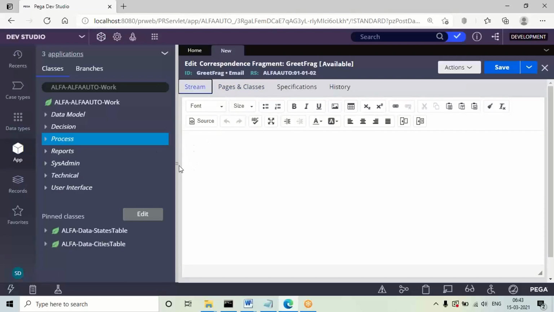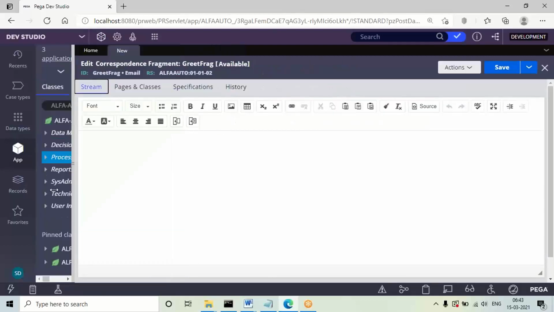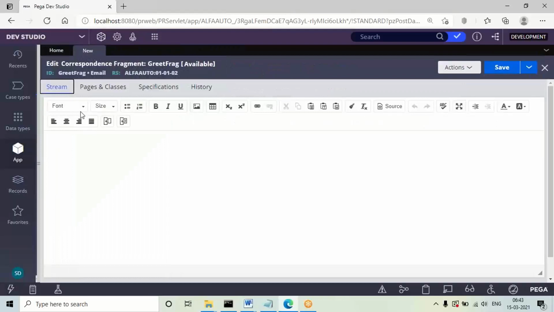Here, when you draft any message template, you'll get all the parameters like how you draft a mail: font sizes, alignment, bold, italic, underline, images, tables. Some formats you can copy from Word, Notepad, or anything.